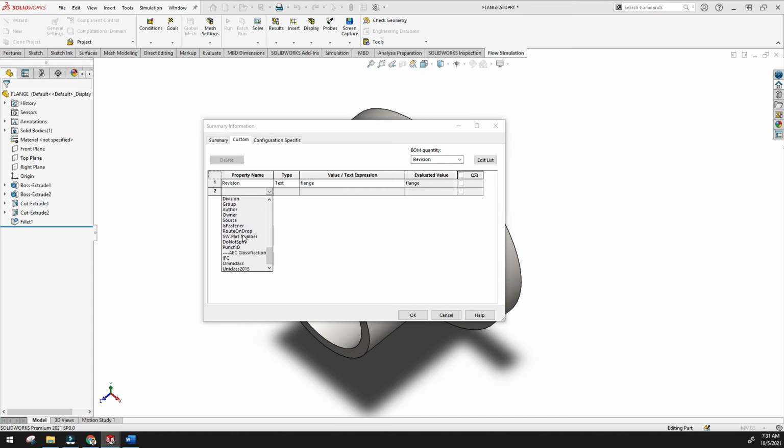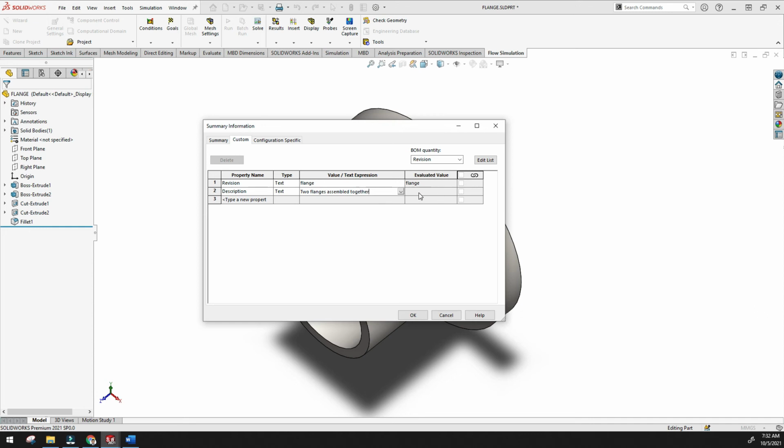You can give anything from here, like in description, I mentioned description and text. And in description, if you want to give anything like it is the flange, I just want to add 2 flanges assembled together.